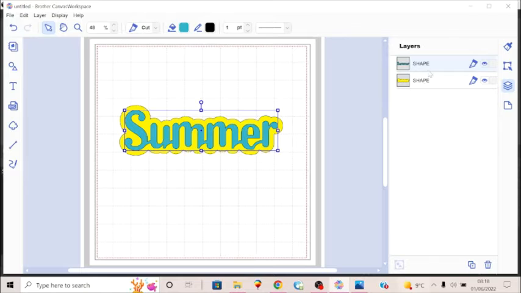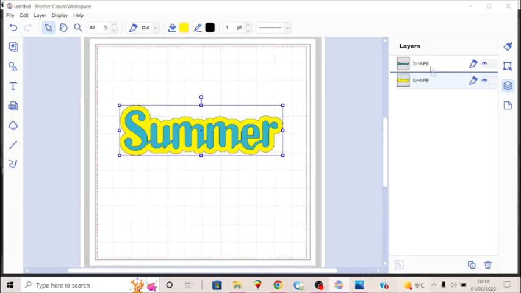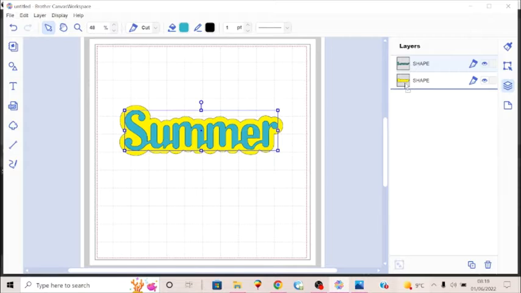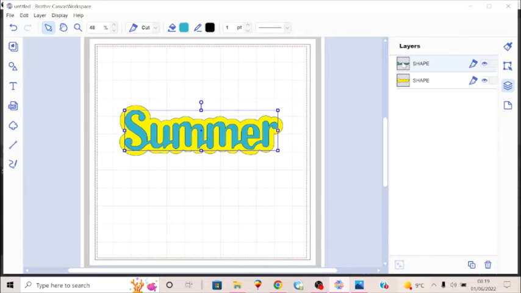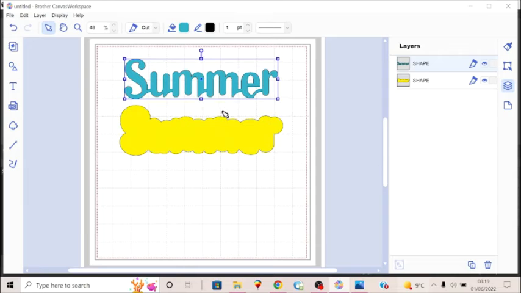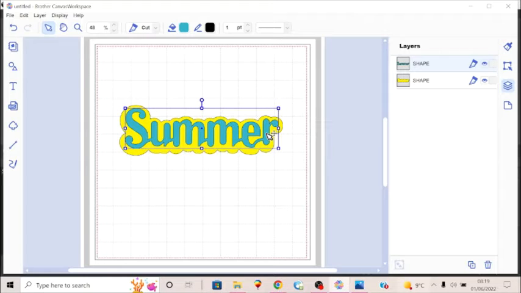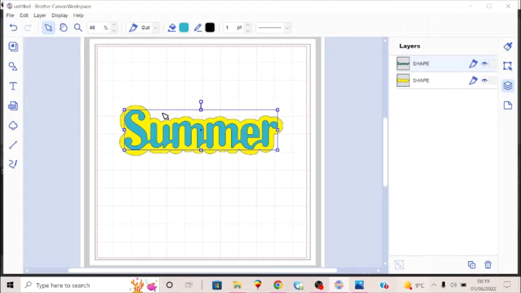switch places, I'll do that again for you, move that one to there. So by clicking and moving that up, you place the offset line behind the summer. So there you have both the original word summer and the offset, so that you can cut this out in two different colors of cardstock and then just layer one on top of the other, and you have a perfect offset line around the